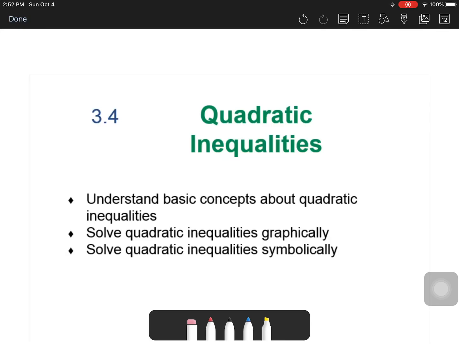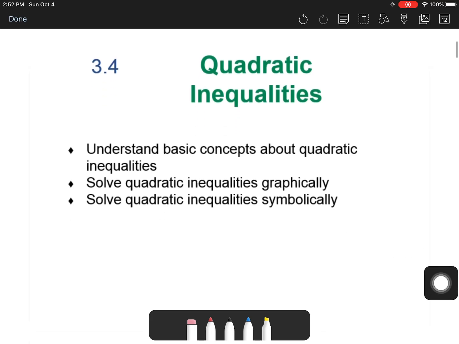Okay, college algebra class, we are looking at 3.4, solving quadratic inequalities. So we are going to just basically understand the concepts about quadratic inequalities, solve them by, well, graphically is probably, I think, the fastest way to do it. We'll talk a little bit, there is going to be symbolic parts to that as well for finding the boundary